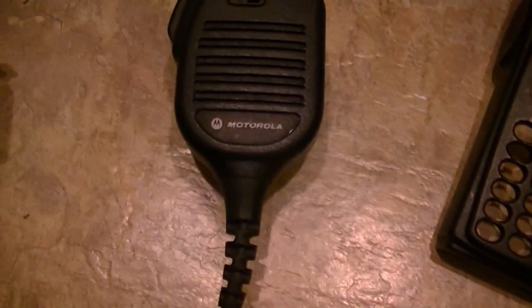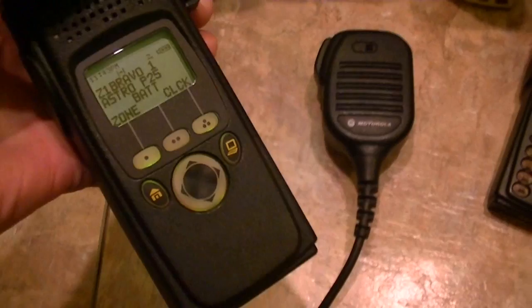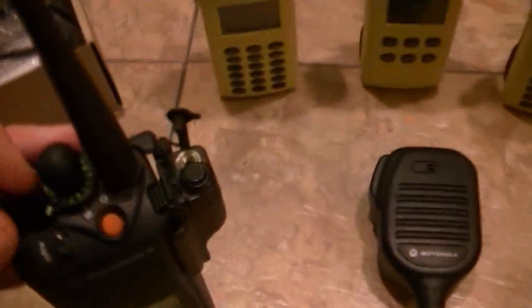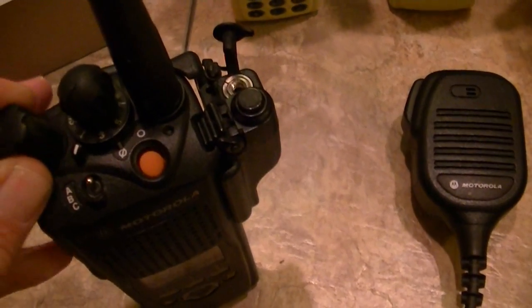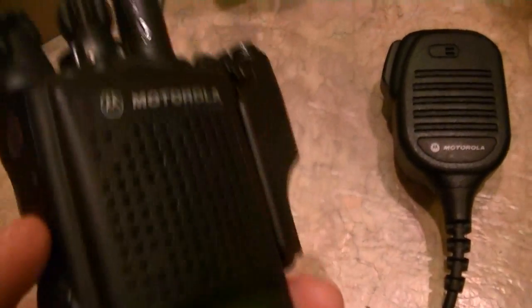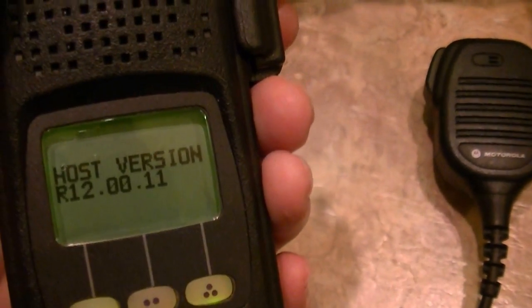Here we go. I've done several takes of this video, and I'm thinking of selling this one. I don't know. Might hold on to it. This is the only Model 2 that I've got in XTS. I've got about eight or nine. I think I've got 8 now. XTS5000s, and this one